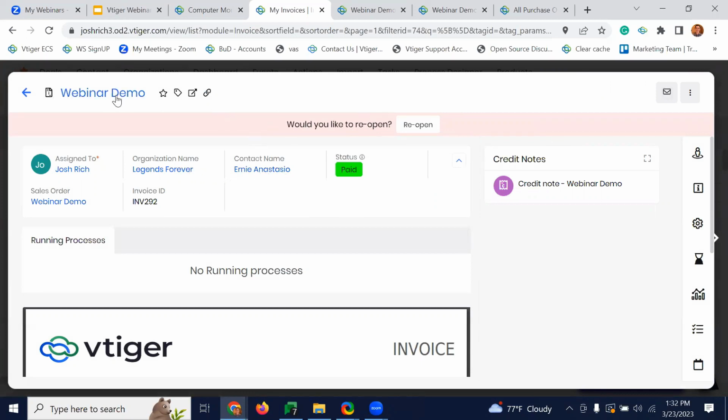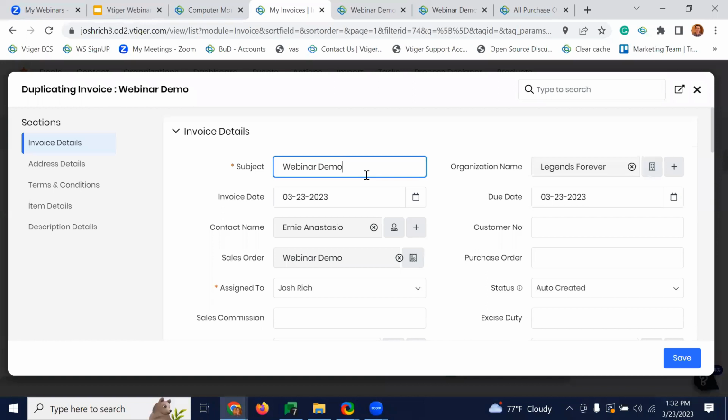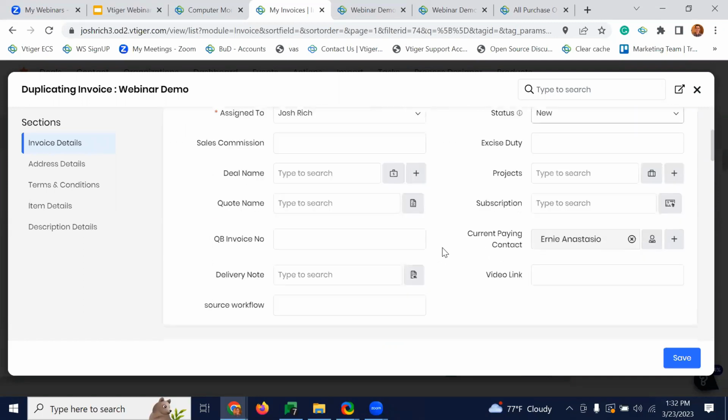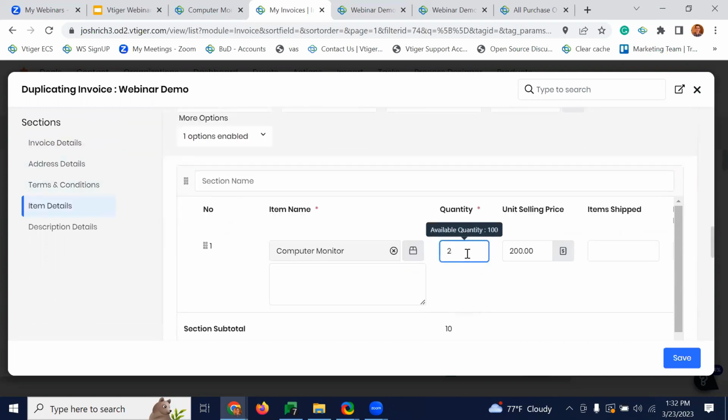So I'm just going to duplicate this invoice here just for the sake of time. And I'm going to name it webinar credit. We'll just leave the invoice date and the due date the same. It pulls in our sales order information, our contact, and we are going to have it be a new invoice. Scrolling down to the bottom, we have our item details. So we're going to change this to a quantity of 2. These are the 2 computer monitors that were damaged upon delivery. So we're just going to be reselling this product back to the customer and then applying that credit note to this invoice. So once we click on save here,